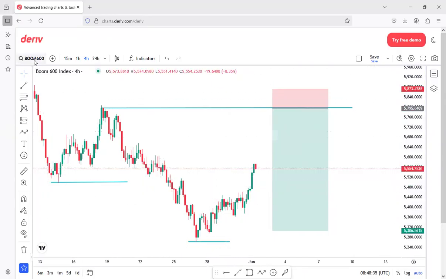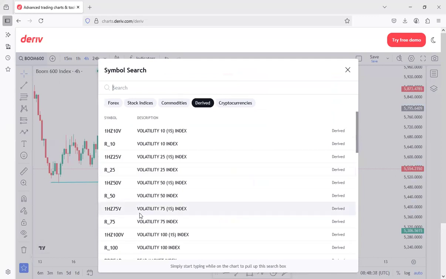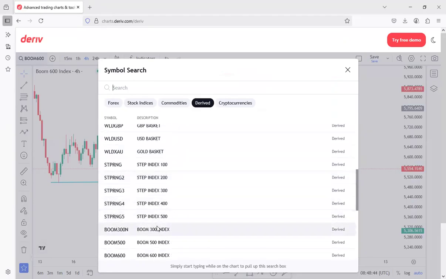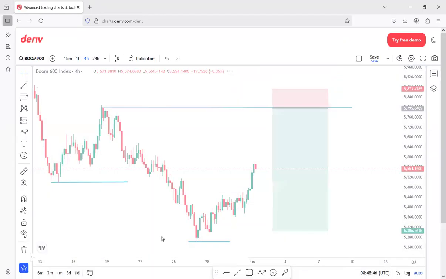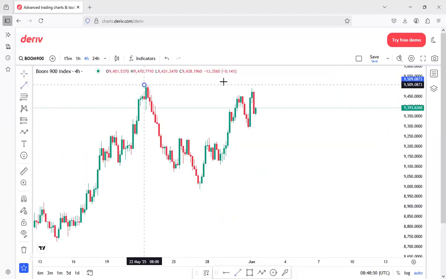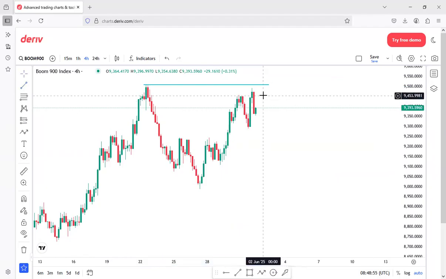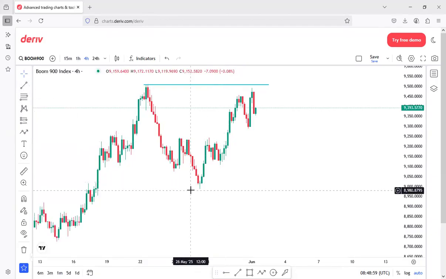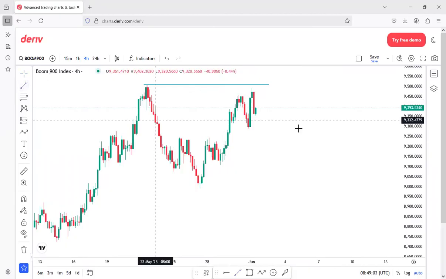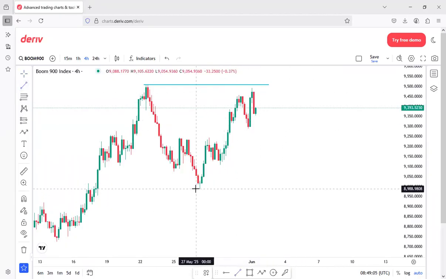And if you go down to the next one, we'll go down to the Boom 900 to see what the price is doing. On Boom 900, you notice price came all the way to this particular high and then tried to make a retracement. It didn't really get all the way to this particular high. And then price went all the way. This is the lowest level that price gave us here. This is telling you that price might definitely